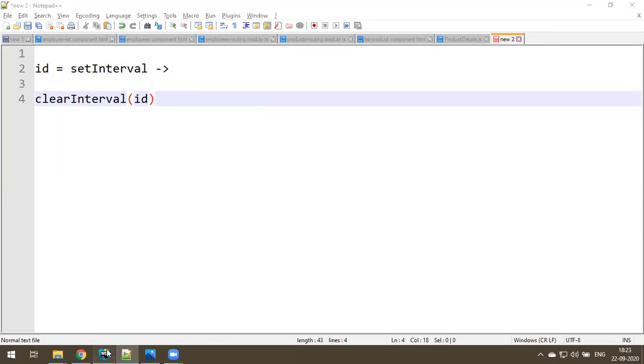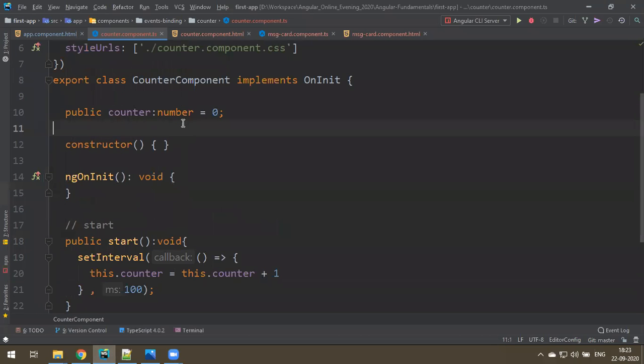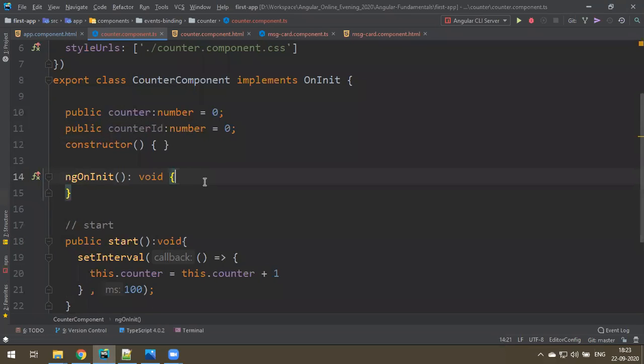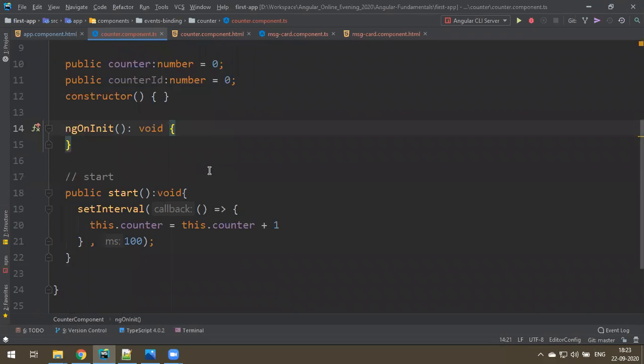Let's see what I mean. I create another variable, public counterId of type number. I don't need initialization, you can just declare it, because I want to assign it from here.